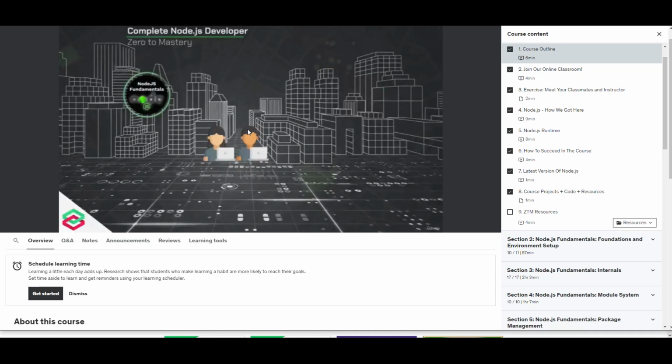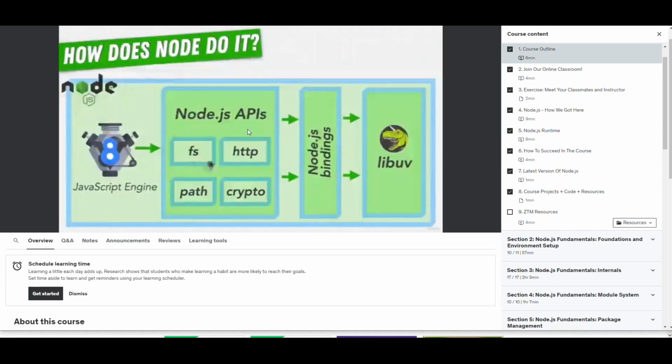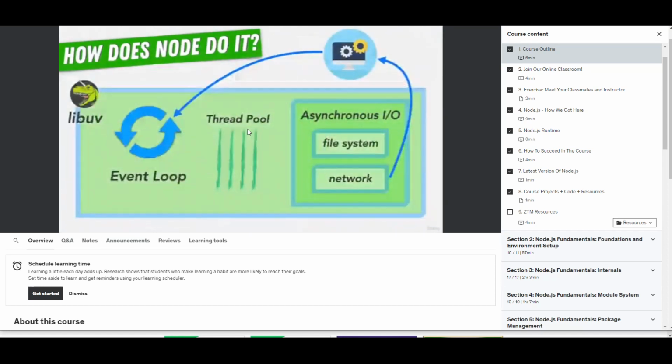We are obviously going to start with Node.js fundamentals. These are the foundations that you need to understand: what Node is, what a runtime is, what asynchronous programming is, Node versus PHP versus Python. We're going to talk about the internal architecture of Node, talk about things like threads, processes, event loops, event emitters,